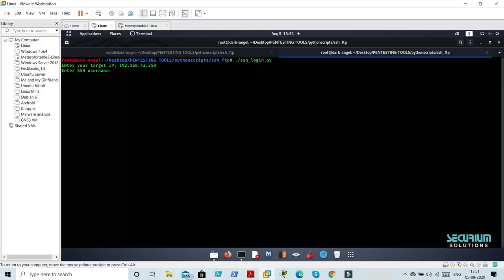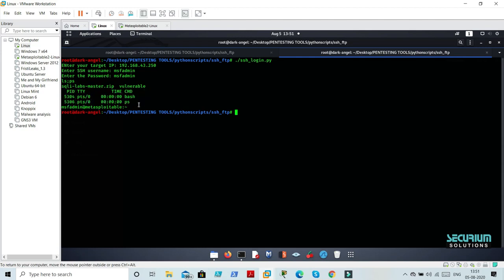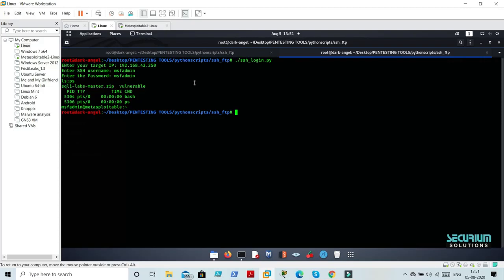192.168.43.250, and msfadmin, and the password is also the same. Okay, and you can see it is listing out the files and it is printing out the processes also. So this is how we make our automated scripts for SSH login, and that's very